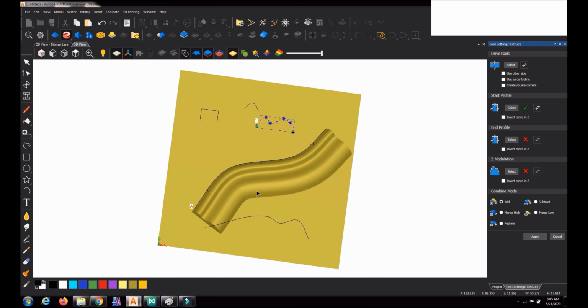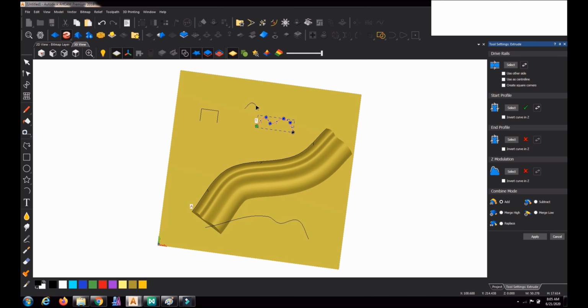Now we can use two more curves to modify this relief. Suppose we want a separate end cross section, a separate end profile. We can select, suppose I want this type of rectangular shape, or a single curve.